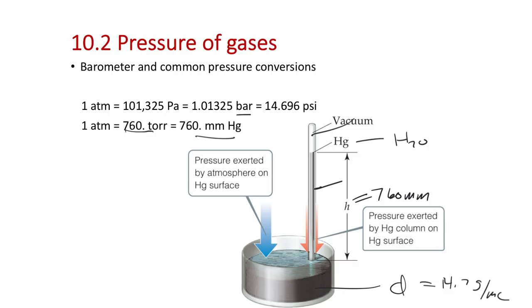And then another unit is pounds per square inch, PSI. You can think of it as pounds of force being applied per square inch. So it's the same idea of force exerted onto an area. So it's 14.696 PSI per 1 atm, our standard atmospheric pressure. We use PSI a lot in gas cylinders. We use PSI when we fill car tires. When you fill your car tire with, say, 35 PSI, I'm sure a lot of you have done this, if you go to the gas station and fill your tire with 35 PSI,